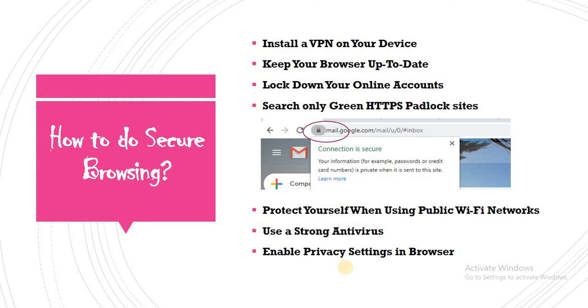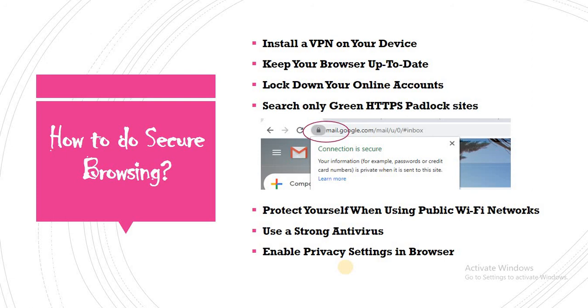They trace your session and try to install malware on your system. If you use public Wi-Fi, the hackers try to access your system by installing malware and viruses.